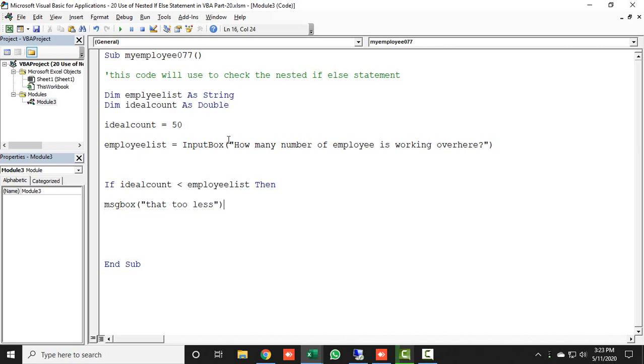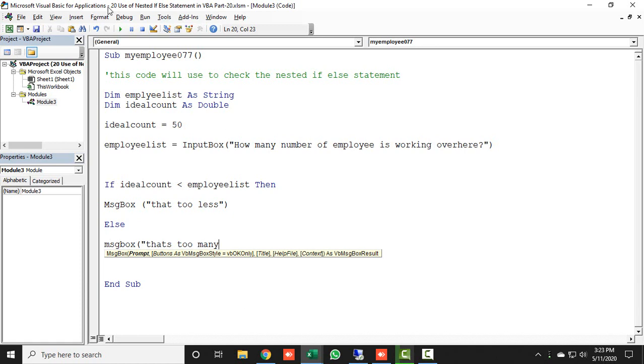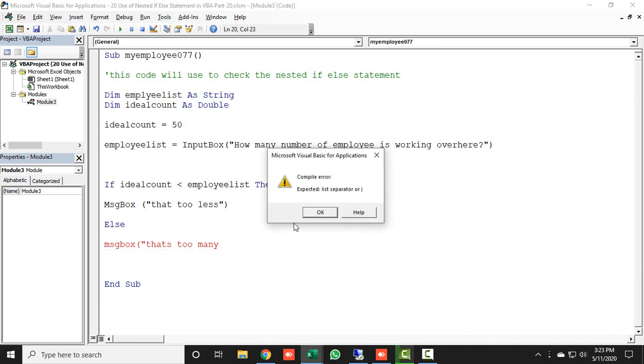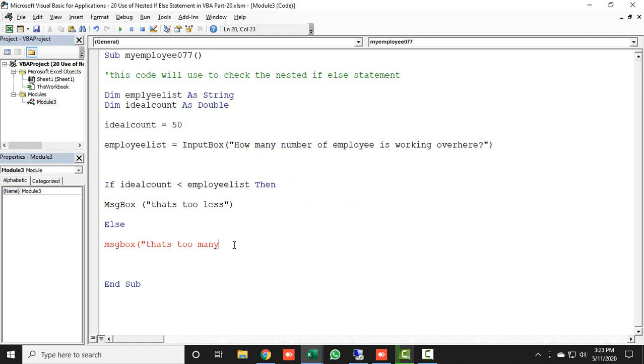If the user puts an answer less than 50, then a message box will appear and it will tell you that's too less. Else if he puts more than 50, then a message will appear and that will tell you that's too many. Here you can also write your own text. Just close the quotes and close the bracket, and now the coding is done.